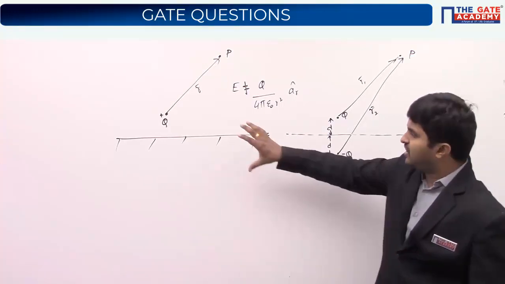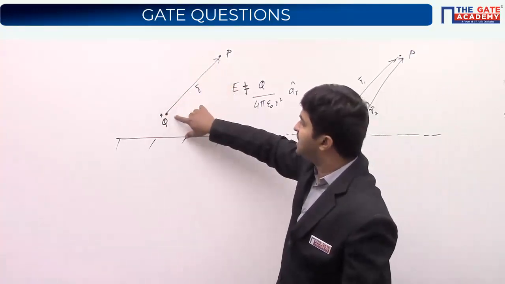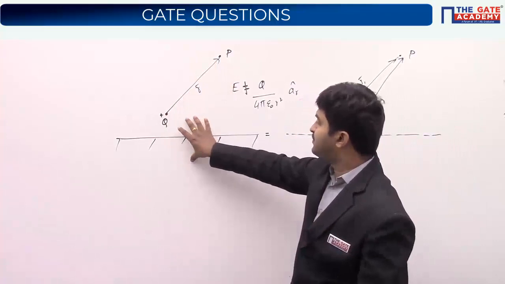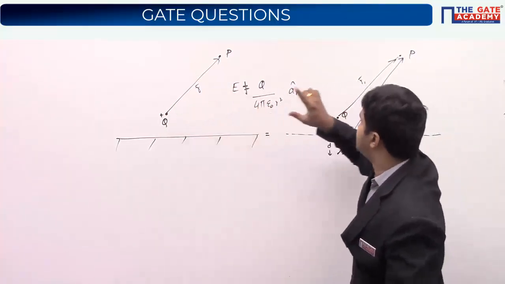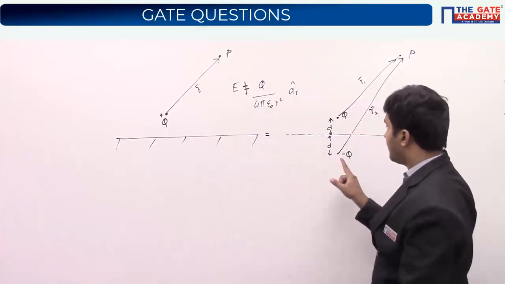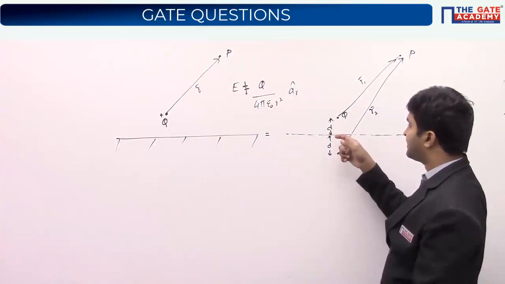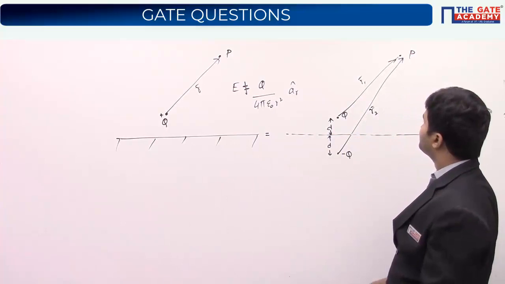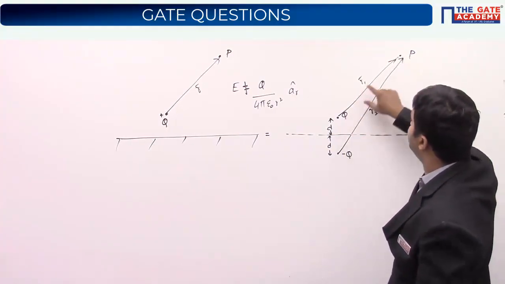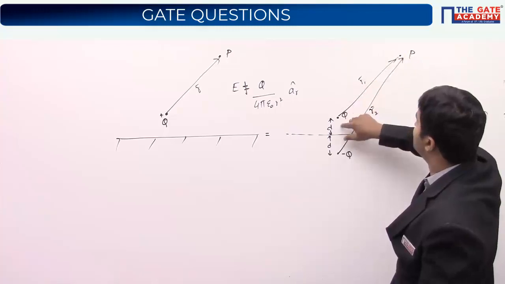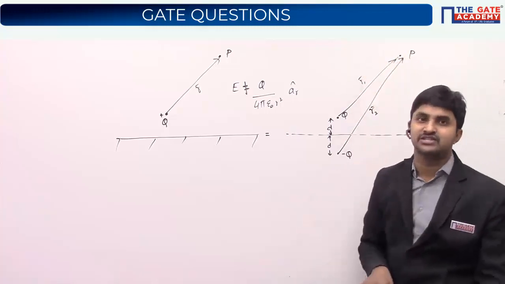Whenever you have a charge configuration like this, the charge itself above a metallic plane, you replace this metallic plane with an equipotential surface, with the charge itself, and there will be an extra image charge kept exactly at the same distance. Now, whatever electric field you find at this particular point would be because of both the charges. One is Q itself and the other is its image charge.